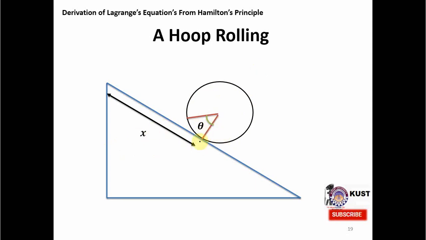Since it will have friction, it has some kind of constraint over here; there are the frictional forces, so we have to treat them separately. There is another angle involved, phi, but this angle is not important because we are not changing it. Even if you change it, we are not changing the slope; it is fixed. This support is fixed, on which this plane is fixed, on which this hoop is rolling. Therefore our generalized coordinates are only two, that is theta and x.